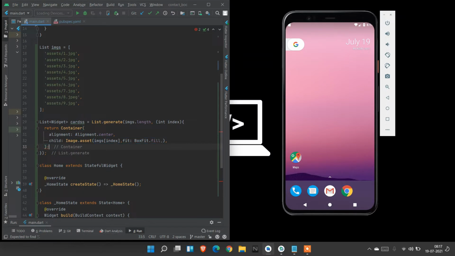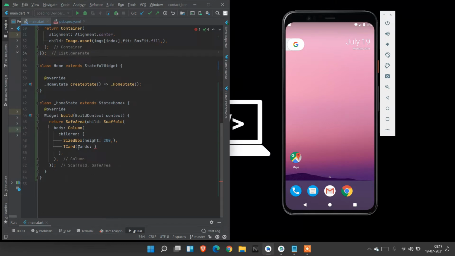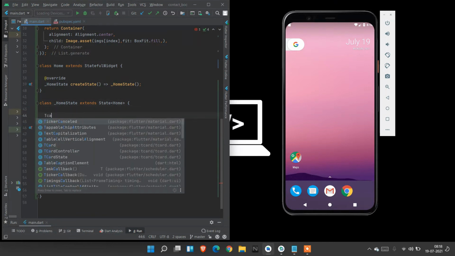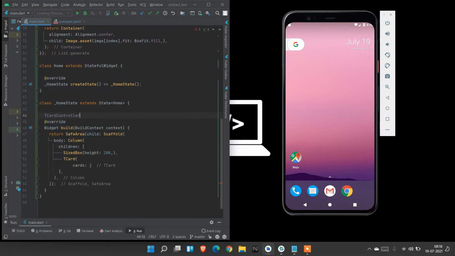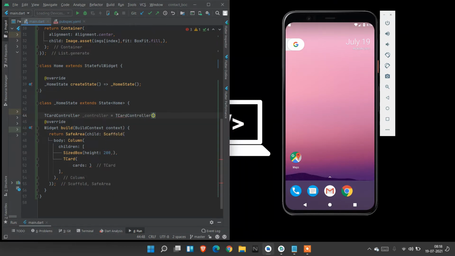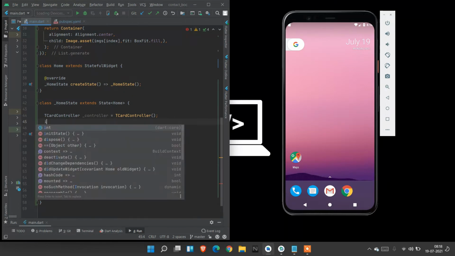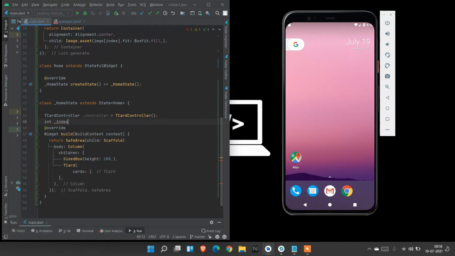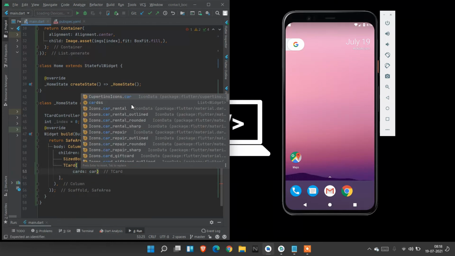Now I'm going to place the cards here. Before that, I need to create a controller, TCardController. TCardController is equal to, and I need to create an index. Inside cards, I place my list.